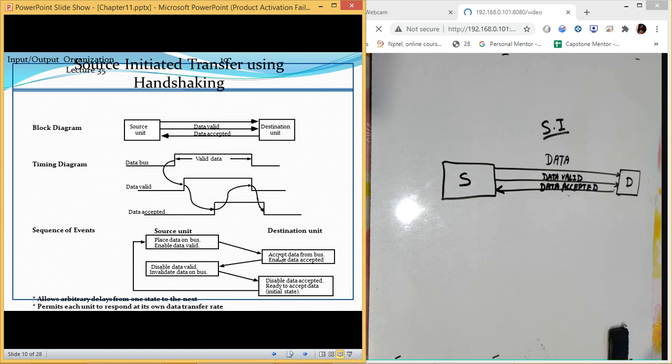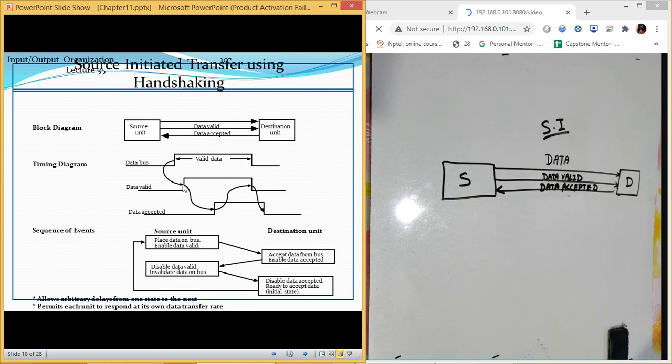Once it is done, destination unit will accept the data, and once it has accepted the data, it will enable the data accepted line. So data accepted line is this one. Then once the data is over, once the transfer is over, then disable the data valid signal and invalidate the data on bus. Means once this data valid signal is disabled, it means the data which we have on the bus is no longer valid.